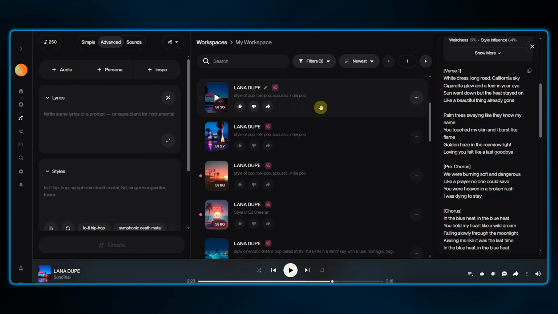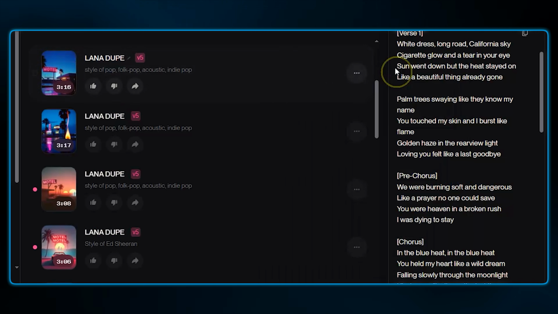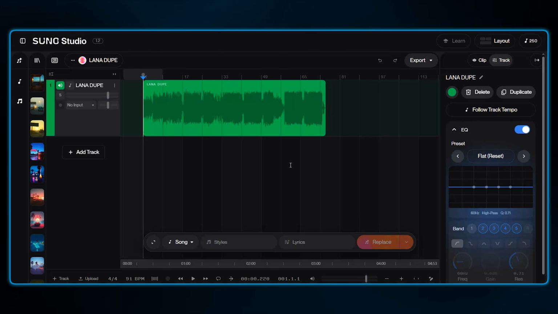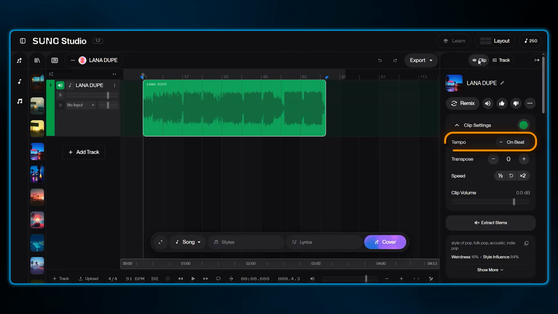So as the first step, I'm gonna hit the 3 dots here, go to Remix Edit and click on Open in Studio. Here we are in the Suno Studio, and our track is sitting on the timeline. On the right panel under Clip Settings, we have the tempo set on beat, and here I'm going to extract